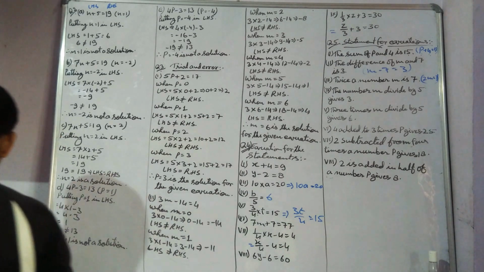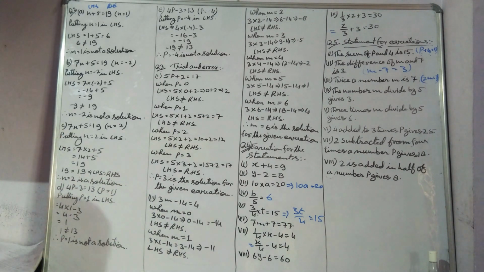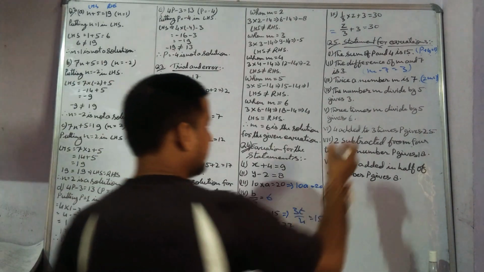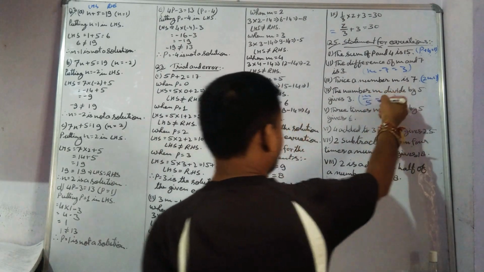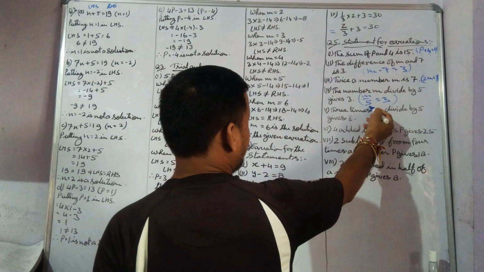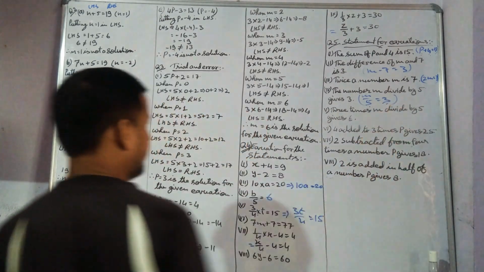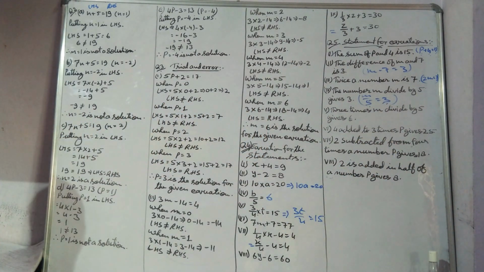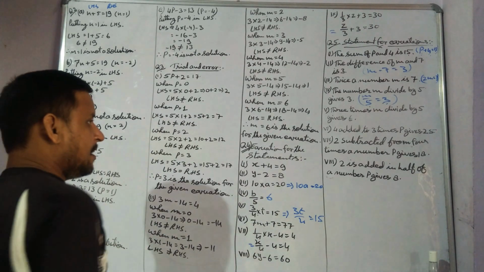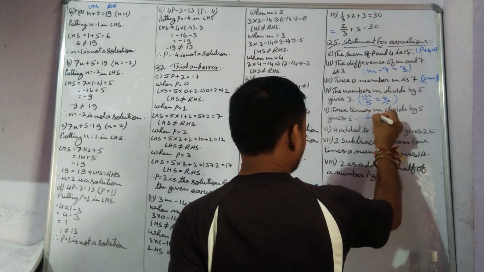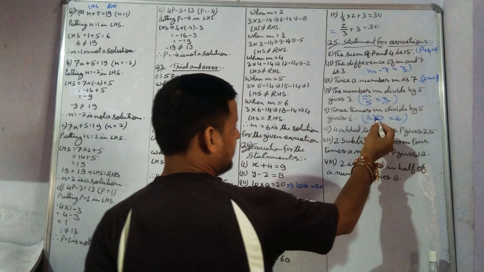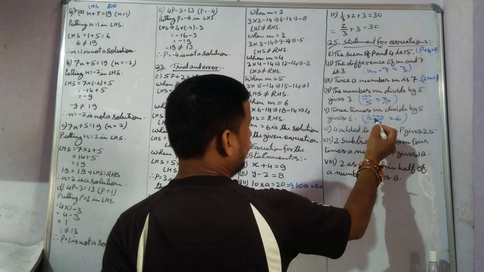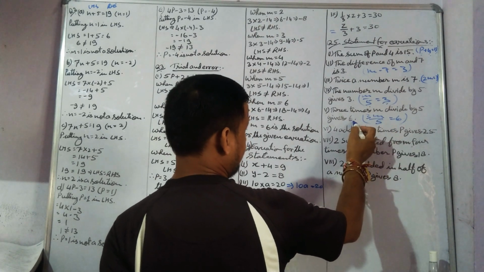Now fourth number is m upon 5 is equals to 3. Whenever it is saying m upon 5 is equal to 3, it means that the number m is divided by 5 and gives 3. Now fifth part, 3m upon 5 equals to 6. This one is the equation. It means that m is multiplied by 3 and divided by 5 gives 6.